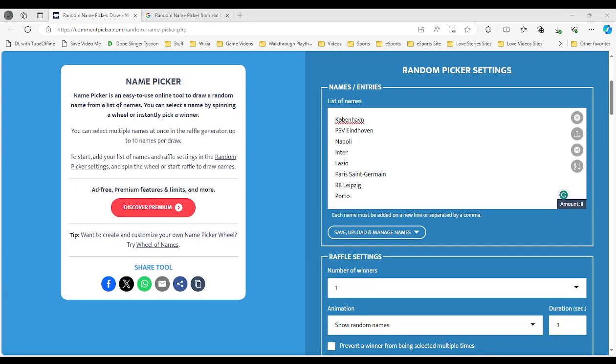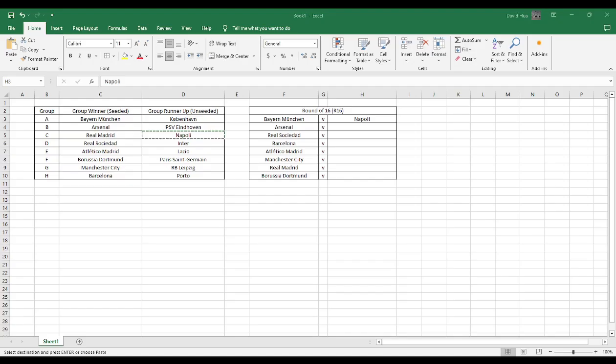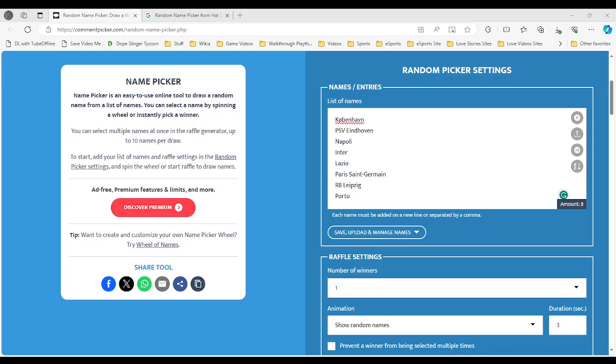Napoli. So Napoli will face off against Bayern Munich. Just gotta double check. Napoli's in Italy, Bayern Munich's Germany. That suffices. That will be the first match. That would be the first matchup right here. That would be the first matchup. And yeah, so next up we have